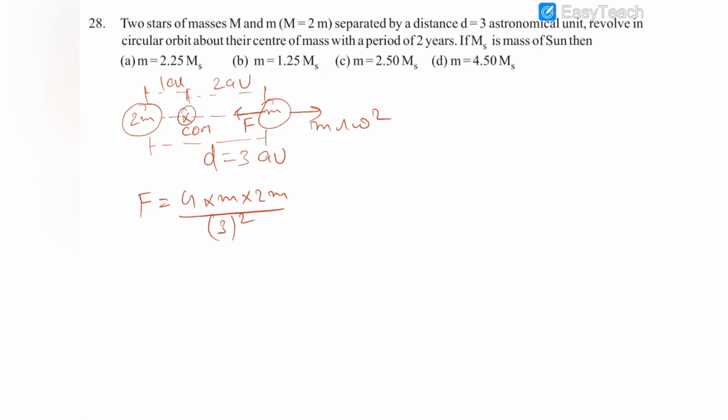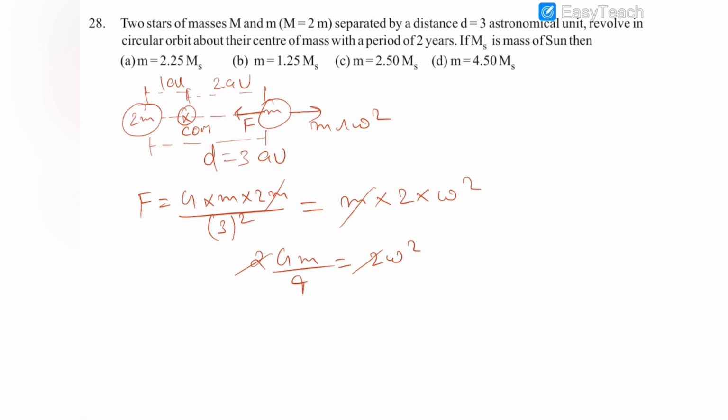It is equal to M, and R is, for this mass, 2 AU. So this is 2 into omega square. So cancelling out this M with M, you can see that this is 2 GM by 9 is equal to 2 omega square,